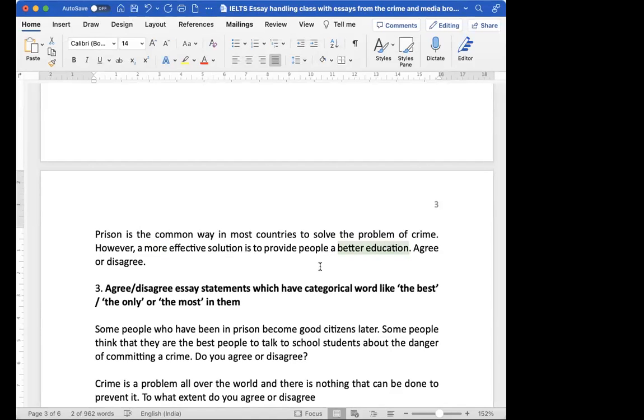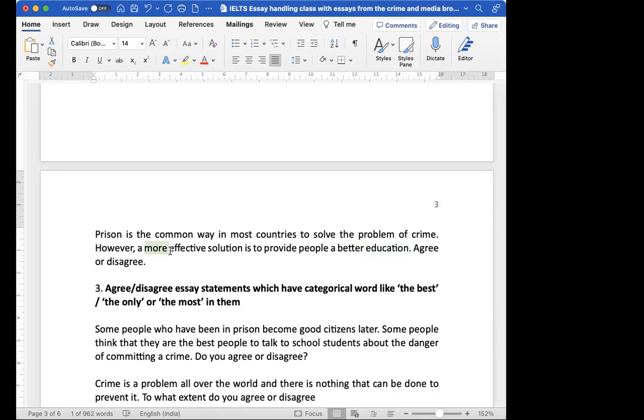आप देखो इसमें आप concession वाली चीज ला सकते हो. While prison is a good way to solve crime, education is definitely better. So आपने दोनों चीजें बोली, while statement लाए हो, आप क्या कह रहे हो? आप agree कर रहे हो with a concession, and you have to write both in which the word more is there. You are agreeing strongly in a way. Concession की भी बात नहीं है. ऐसे ही कह रहा है कि prison अच्छा तरीका है पर education better है. Now अगर इसके साथ आपने strongly agree करना है तो क्या बात होगी? आप यही बोलोगे ना, prison is a good way, education is better. That is what, right?